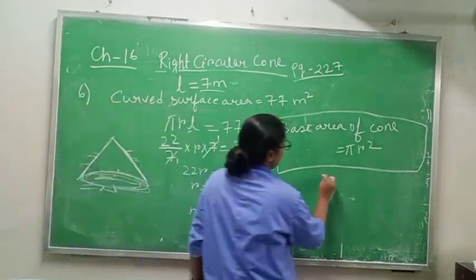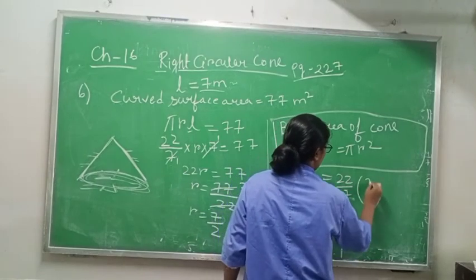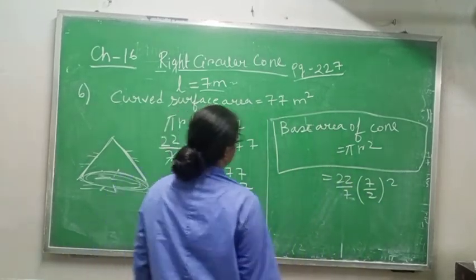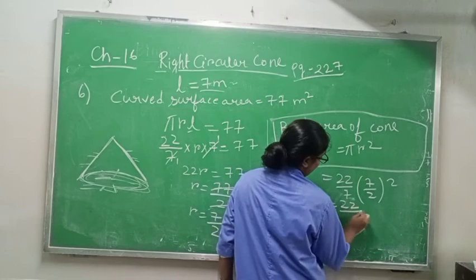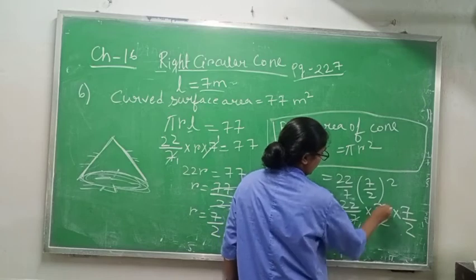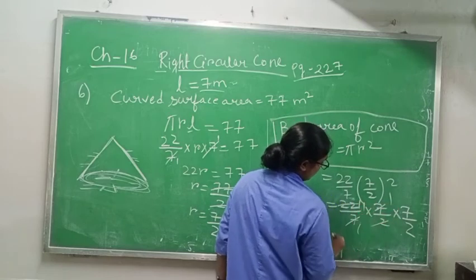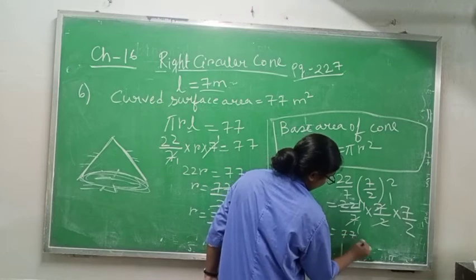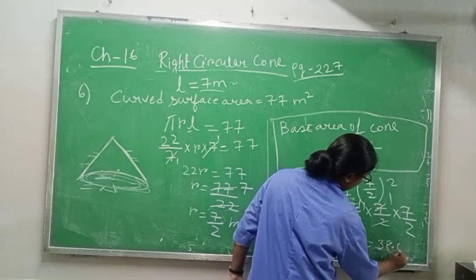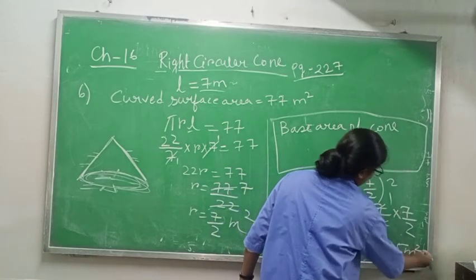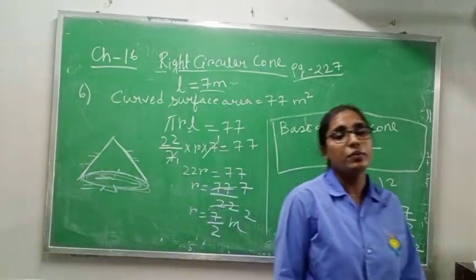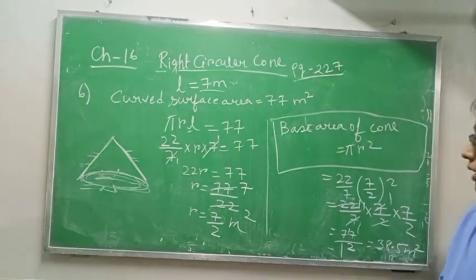Okay. So now you can put pi value 22 by 7. r value what? 7 by 2. If you want to write meter, you can write meter here. So 22 by 7 into 7 by 2 into 7 by 2. 7 ones are 7, 7 ones are 7. 2 ones are 2, 2 ones are 2. 11 into 7, 77 by 2. When you divide, how much will you get? 2 3s are 6, 2 8s are 16, 2 5s are 10. Means meter square. So what you will write? Base area of the tent is 38.5 meter square. Okay, understood this one?